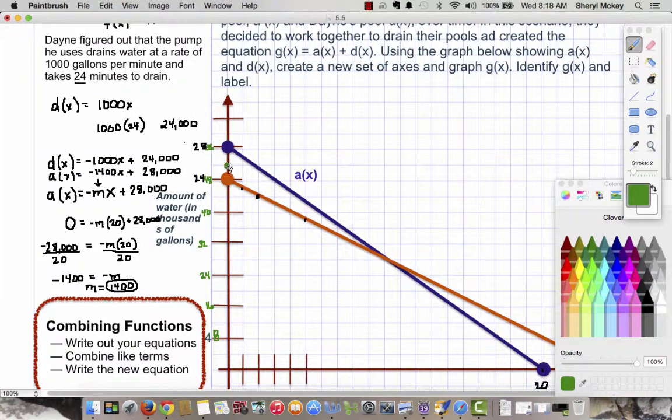Okay, so that's the combination of the two, and I think that this blue and orange is probably going to cause you some confusion. So hopefully you'll be able to not look at those, because we've changed the scale. These would actually be moved down here. The a of x would be somewhere down here. Let's see, a of x was at 28, so now it would be, this is 24, so it would be right here. So if I put my a of x here,